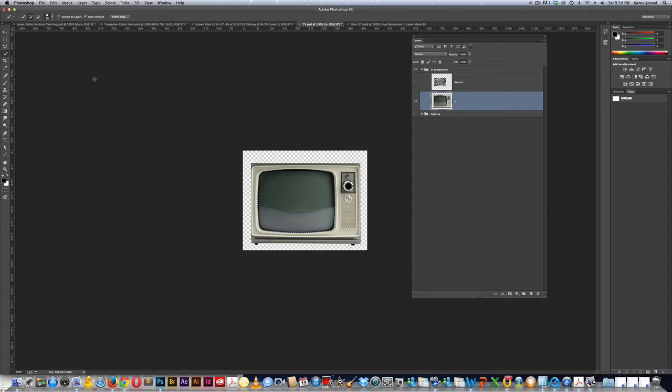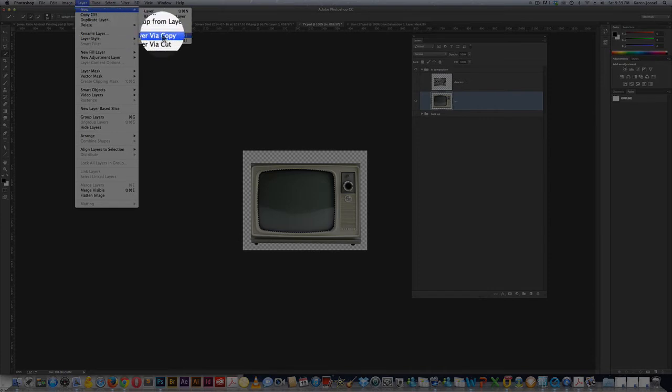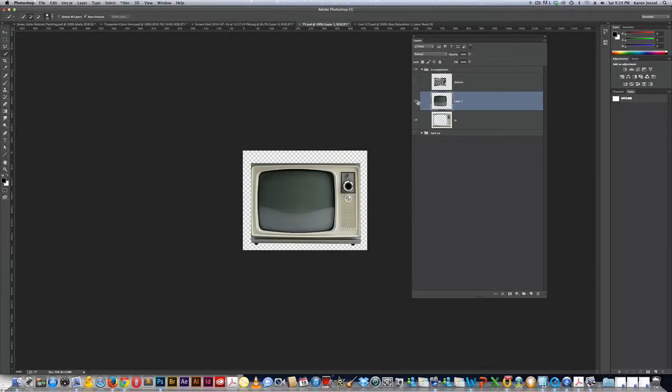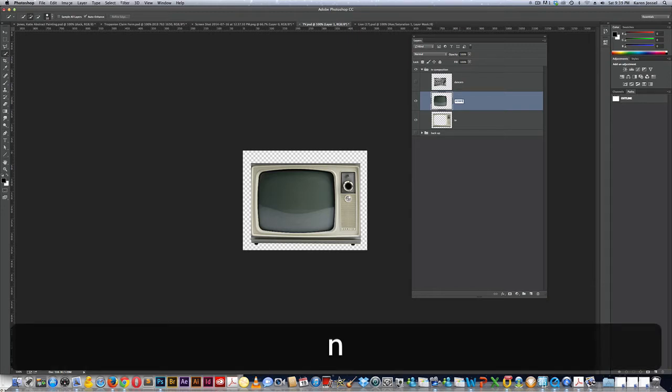And the other thing is, you know how we've been doing Command J, layer via copy, which is copy and paste in position in one keystroke. Well, under layer new, where layer via copy is, which is Command J, is Shift Command J, layer via cut. So I just cut that out. Notice? That's cut out. And the reason I did that, I'm going to call this screen,